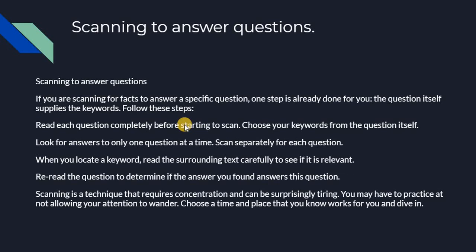So one part is already done. First step is already done. They are asking for a synonym for halt. Now what you need to do is that you have already identified the keyword, which is halt, and you need to find the keyword halt in the extract that is given in your text. So this is what happens when you're answering comprehension questions. This is what should happen when you're answering comprehension level questions. You need to find the keyword from the question itself.